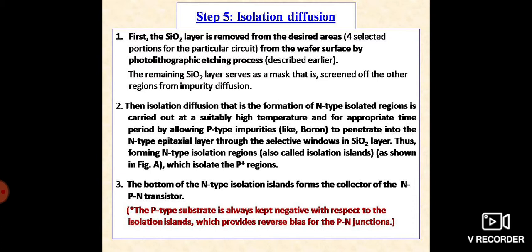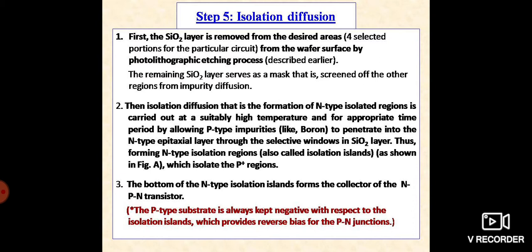Now we have to allow these P-type impurities like boron to penetrate into the N-type epitaxial layer through the selective windows in the silicon dioxide layer. That is the windows or the openings we have made by using the photolithographic etching process, thus forming the N-type isolation regions, also called isolation islands. I will show you in my next slide in figure A, which isolate, that is those regions will separate the